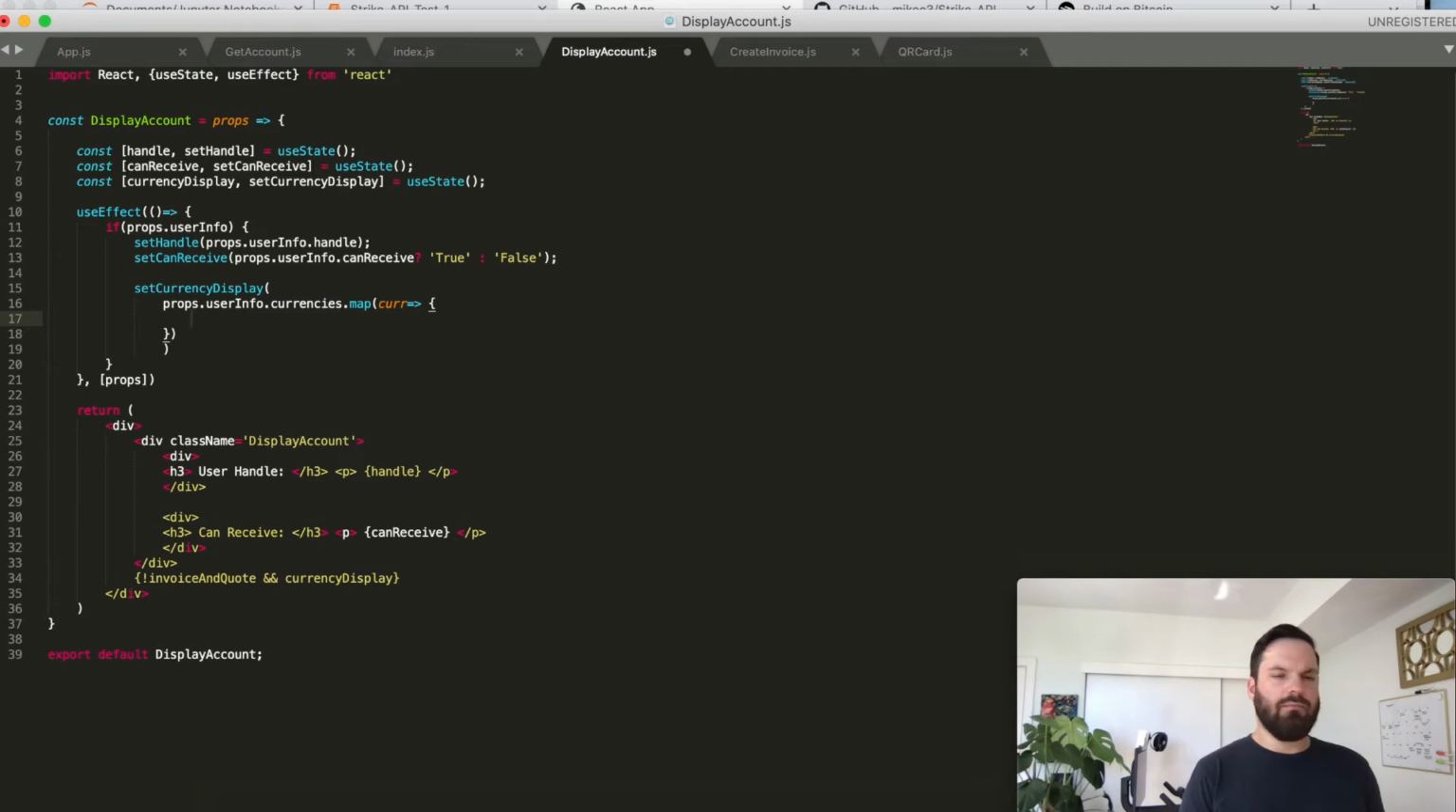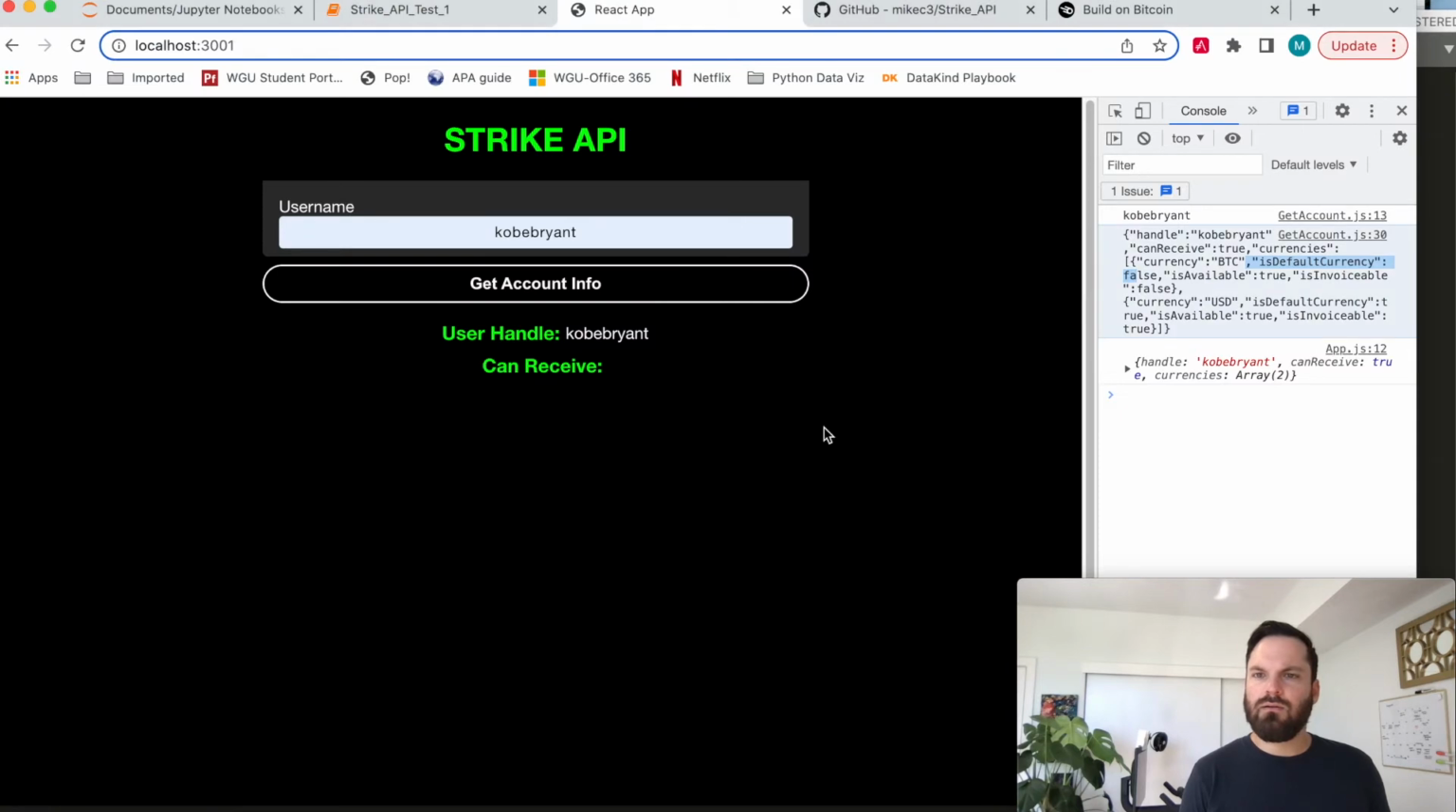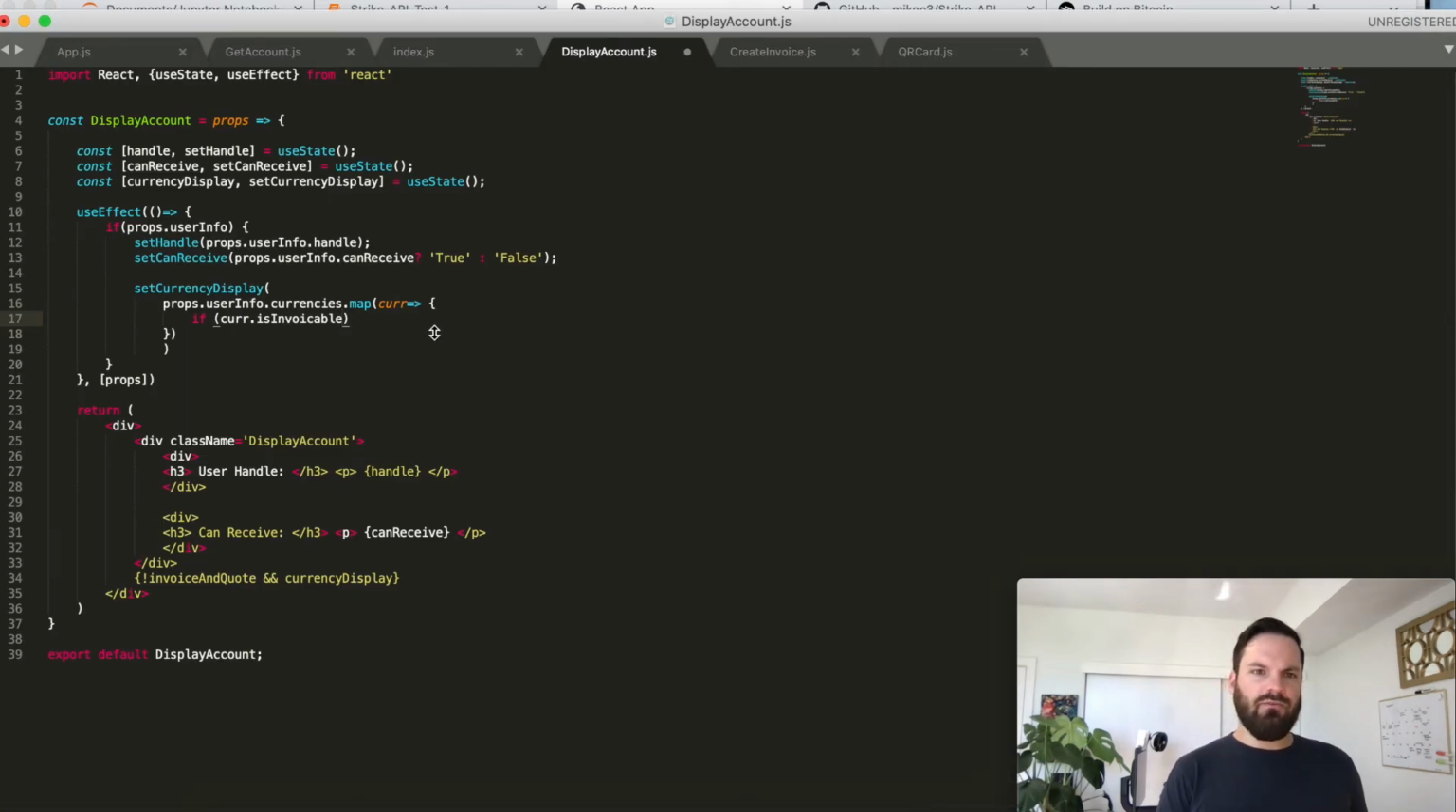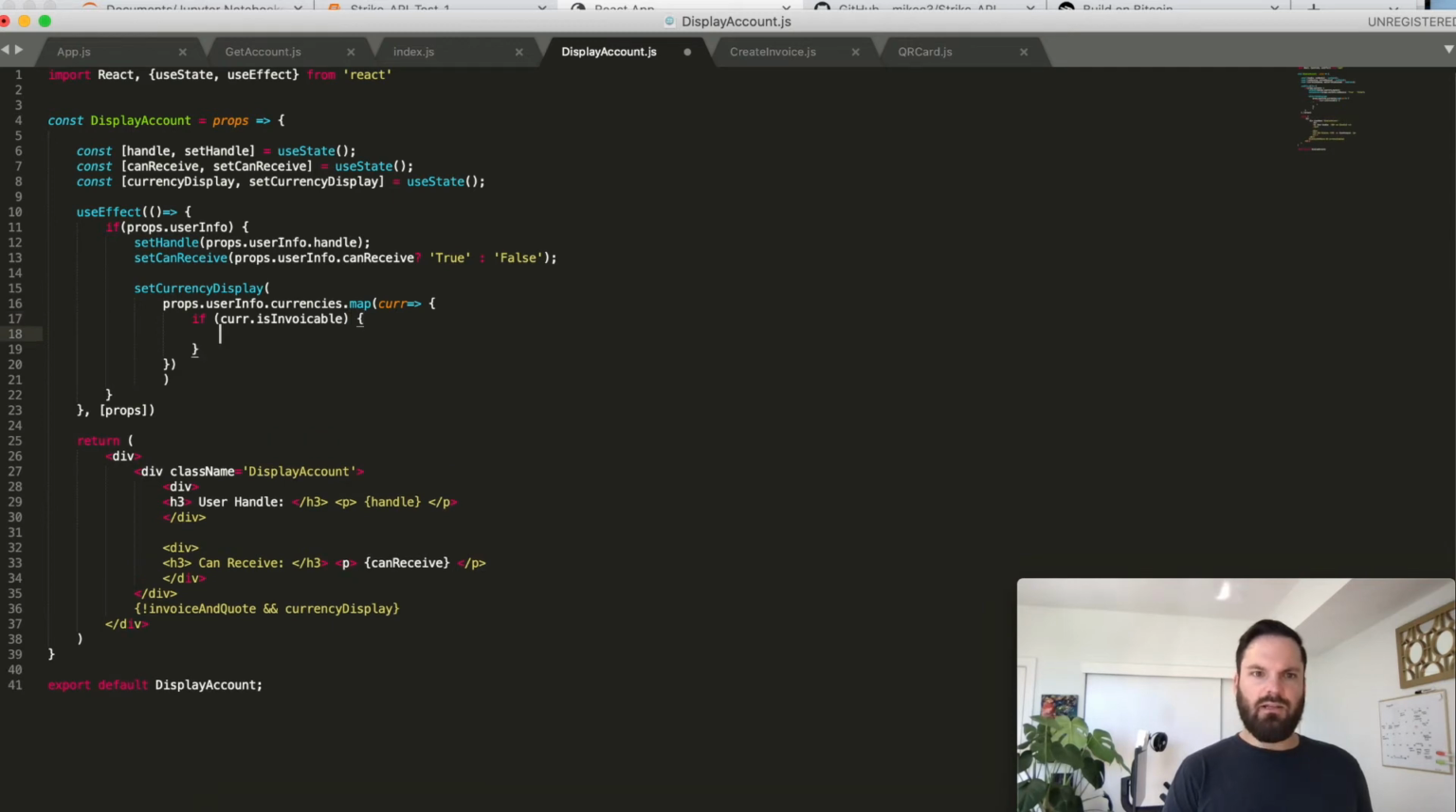We will map, first we need to check if it's invoiceable. So if cur.invoiceable, or it's called isInvoiceable, again, here. Okay, so isInvoiceable right here, is isInvoiceable true. So we'll generate a currency display for USD, but we will not generate it for Bitcoin because isInvoiceable is false on the Bitcoin currency. So if it's invoiceable, then let's create a JSX element. Let's return,